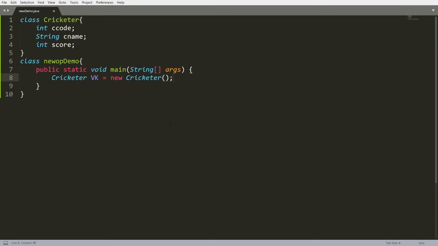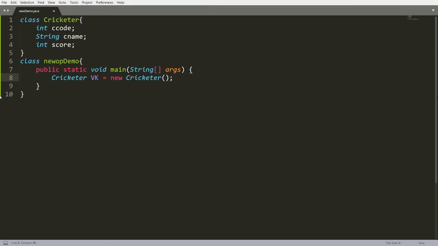This is a constructor. By default, there is always one constructor available in a class, and that is the default constructor. If you are not defining any constructor, but if you are defining a parameterized constructor, then the default constructor will not be added by the compiler. You have to add